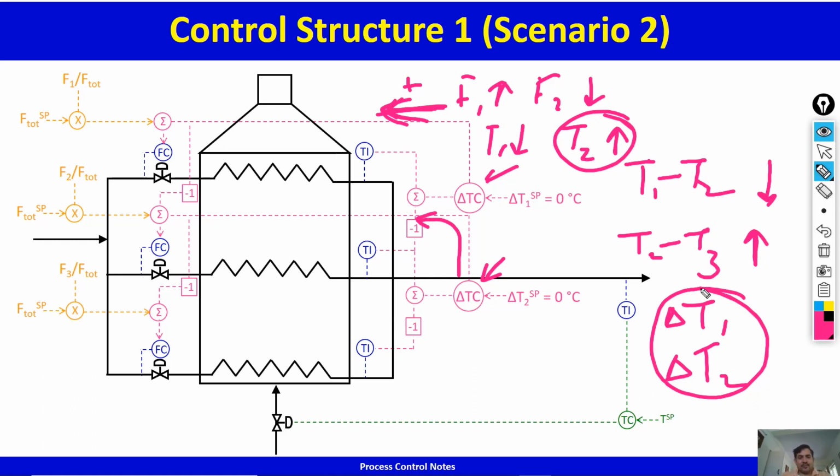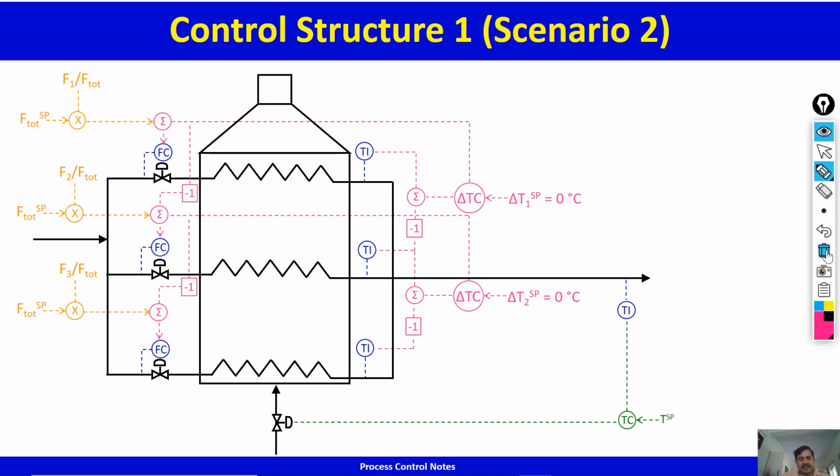Right now what we are doing in this control system is delta T1 is controlled based on the error in delta T1 only. It doesn't care about what's happening to delta T2. Similarly, delta T2 is controlled by adjusting this guy, and it doesn't care what is happening to delta T1. So this is decentralized control. What we have right now is decentralized control. But we realize that delta T1 and delta T2 interact with each other, and the time constants of this interaction will be similar. And because it has time constants that are similar, this is a good case for implementing DMC, dynamic matrix control, and that's the next control structure which I wanted to show you.